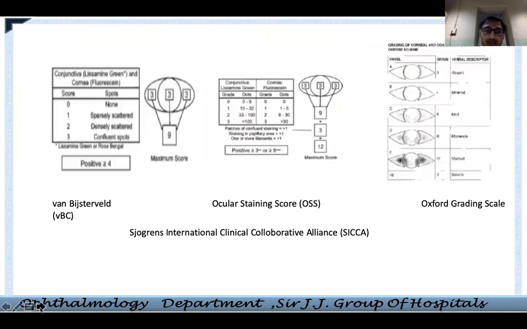And this is again the grading that all of you should know. Whenever you are looking for dry eye or a dry ocular surface that has been affected, there are this kind of scales, and there are multiple more scales available that can be used. The basic principle of all the scales is they divide the ocular surface into parts. You can do it on your own also, but there are validated scores. So you give 3 points to the medial conjunctiva, 3 to temporal, and then 3 to the surface of the cornea. And as per the staining, you give a score. And basically, this is an objective way of knowing how your ocular surface is.